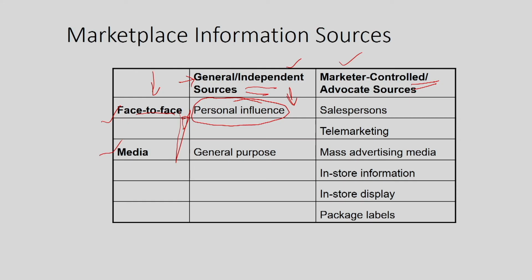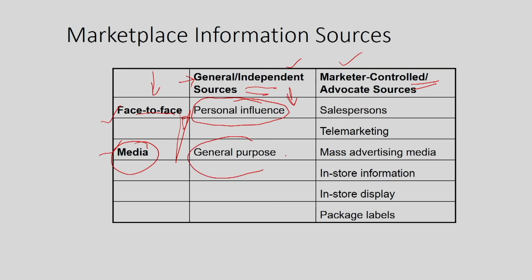is your friends and relatives. So your friends, your relatives, your brothers and sisters, or your nearby neighbors, when they give you information about a particular product, this is called the face to face method, and the information that you get, the review that you get, is independent of the market. Now, a way in which